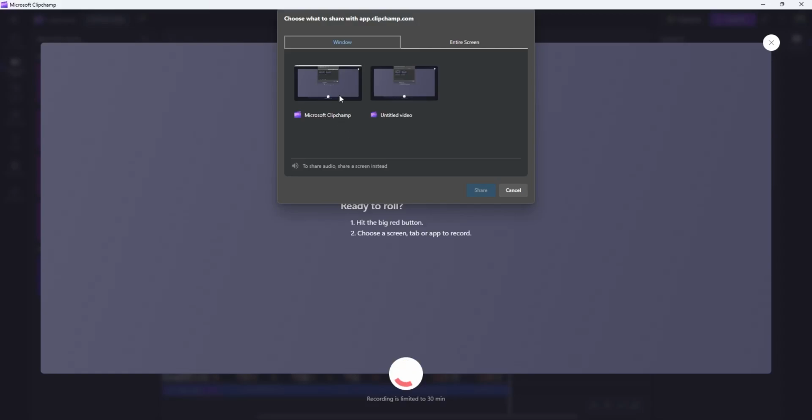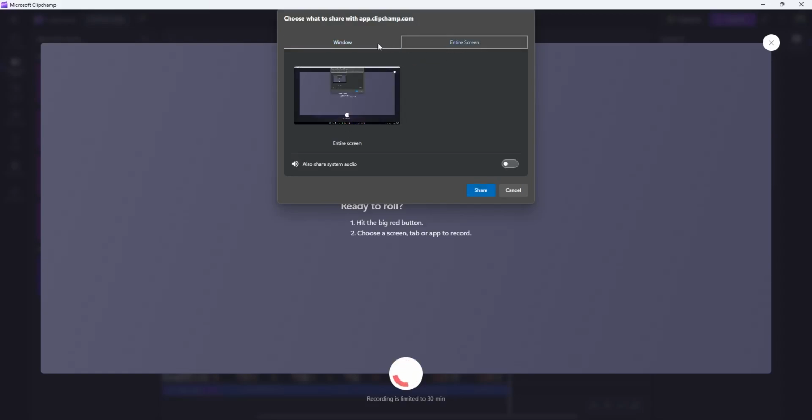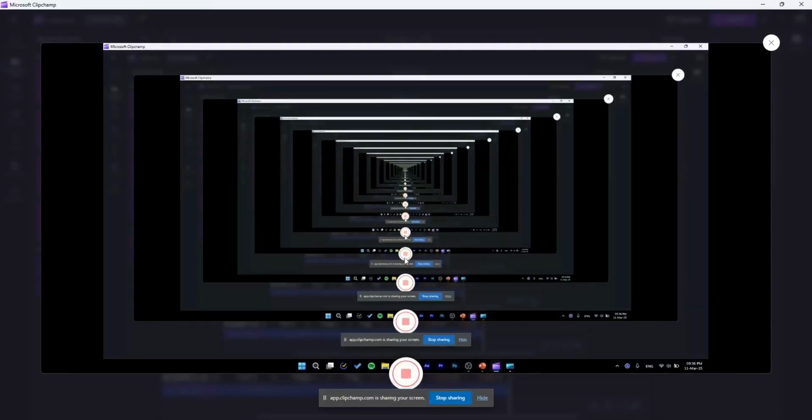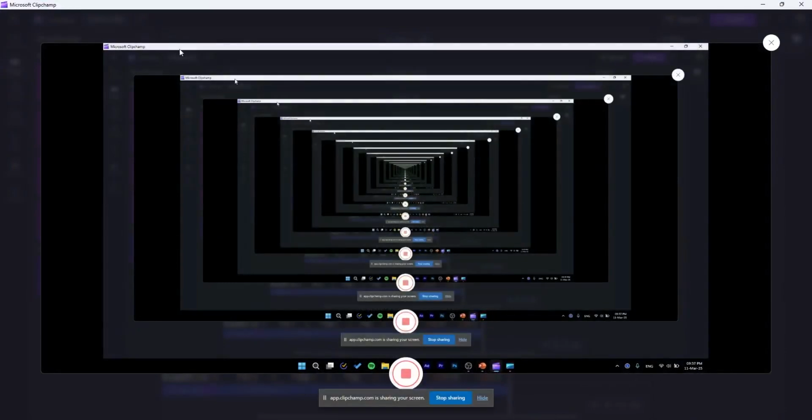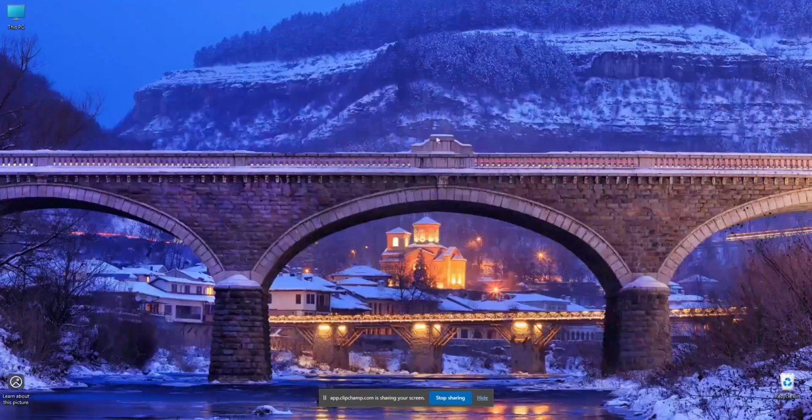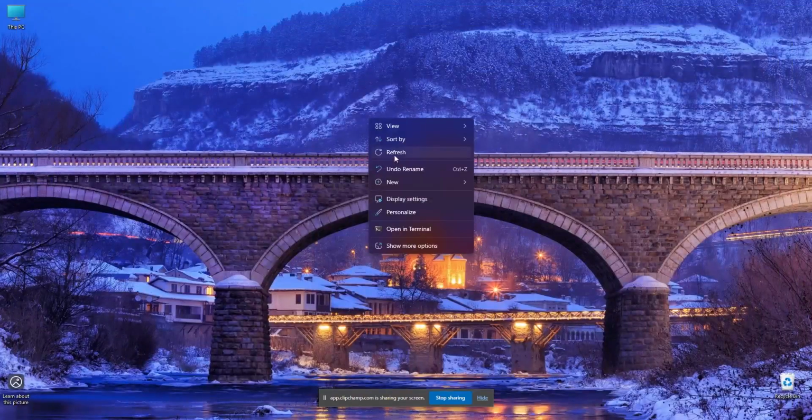Over here it will show you which window we can record, or we can record the entire screen. Okay, let's say we will record the entire screen, and this is basically the entire section. Over here we can hide this. Okay, and we will go to Clipchamp, and we will simply cut out over here. No, we will stay over here. If we are using Clipchamp, we cannot record Clipchamp. Okay, so we can simply record this